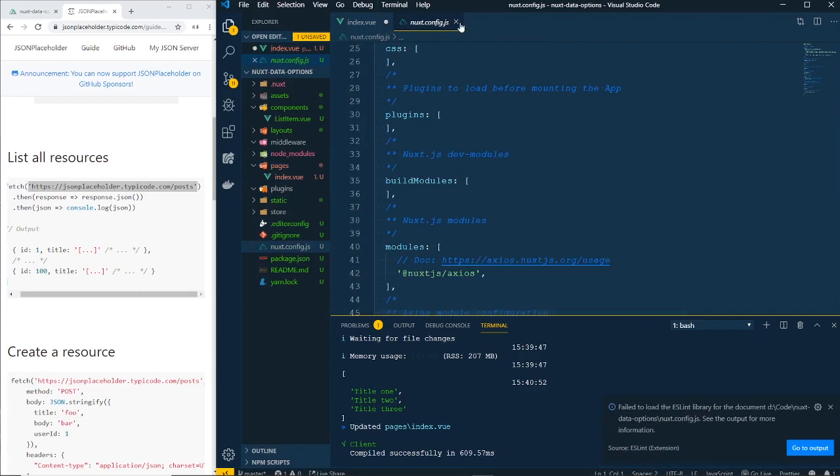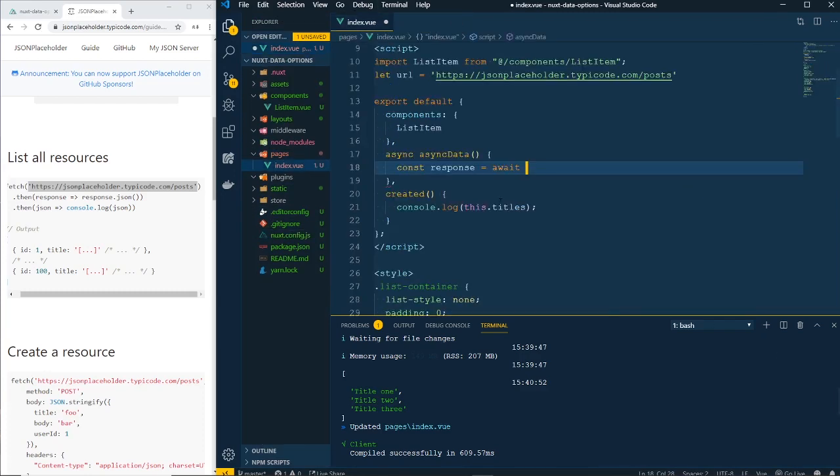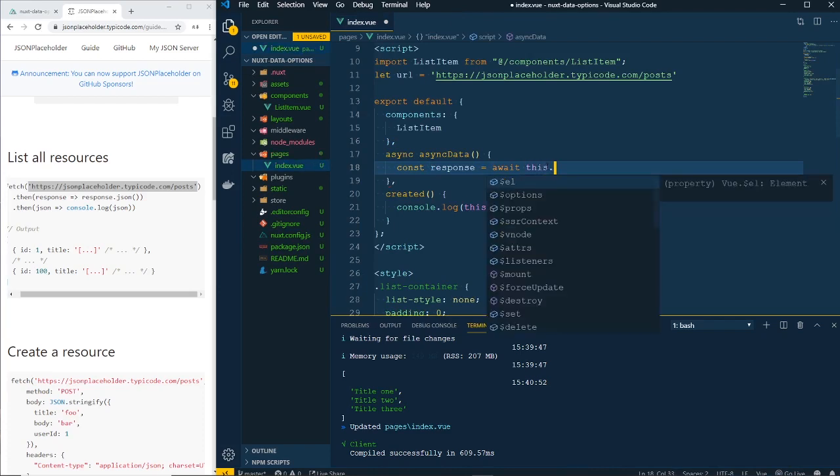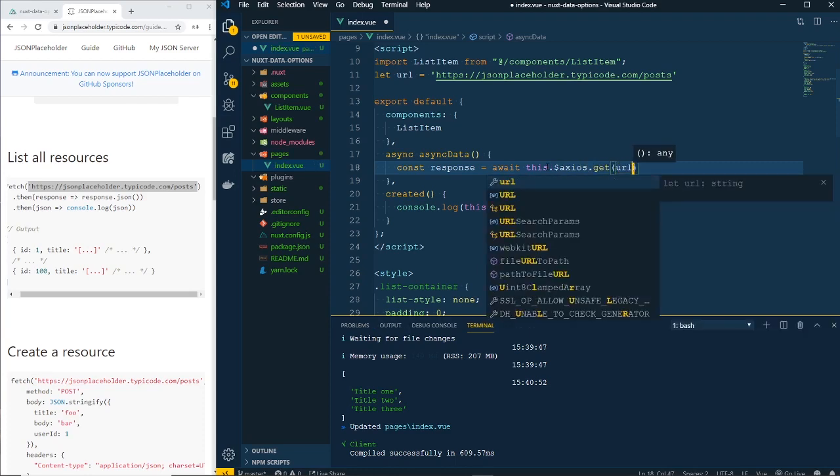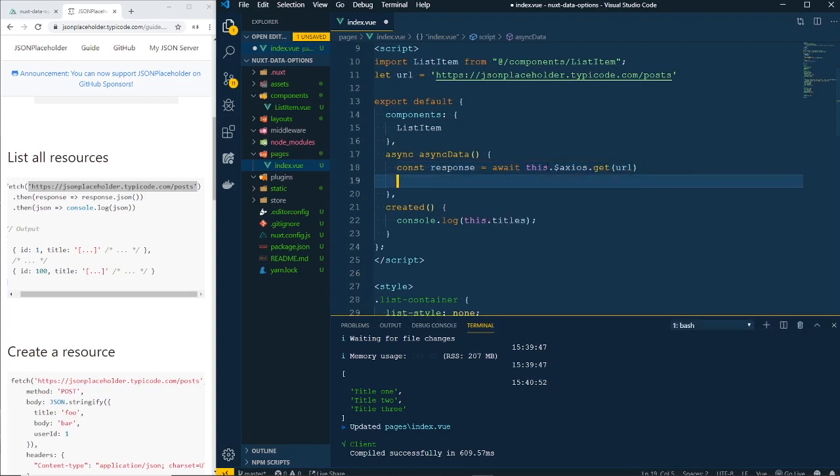Yes, we do have Axios available. So you can just install it when you run npx create-nuxt-app. So I'm going to say, but then it won't be response. Yeah, and we can say this.$axios.get the URL, and then we can say const data